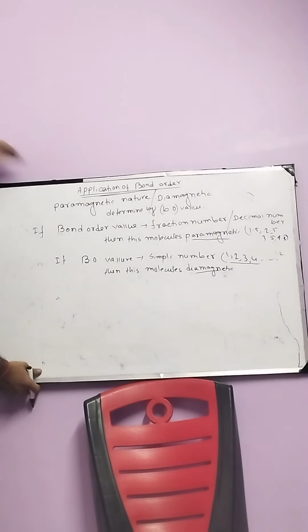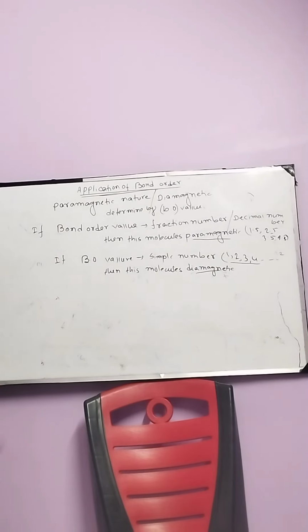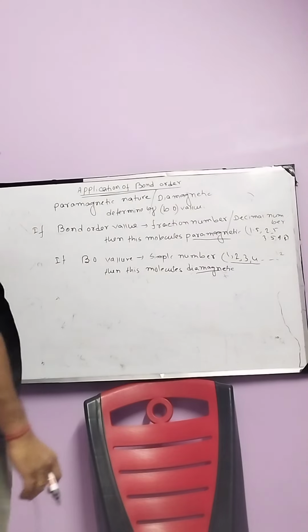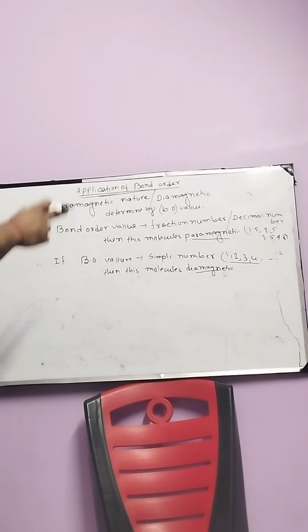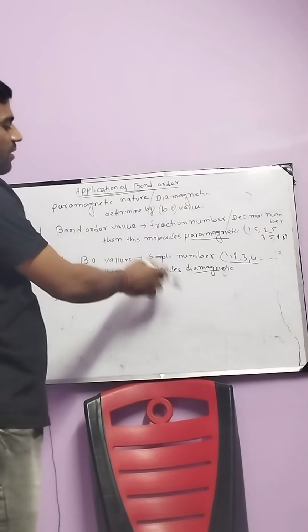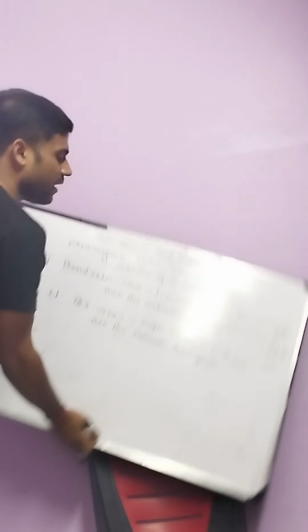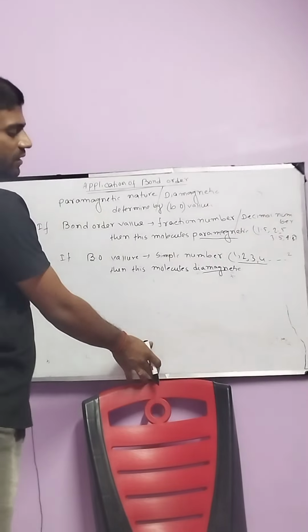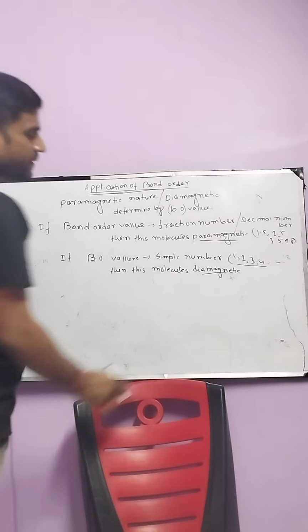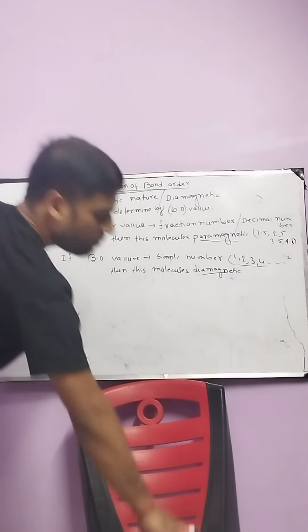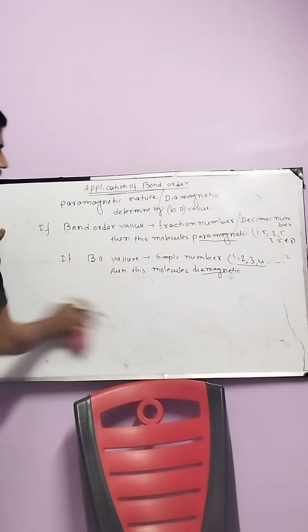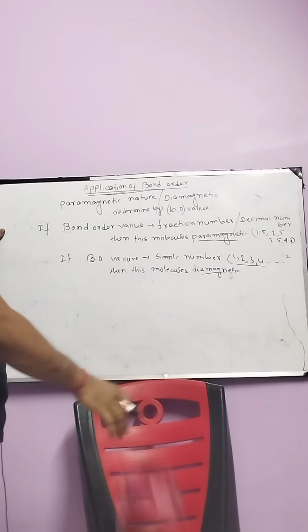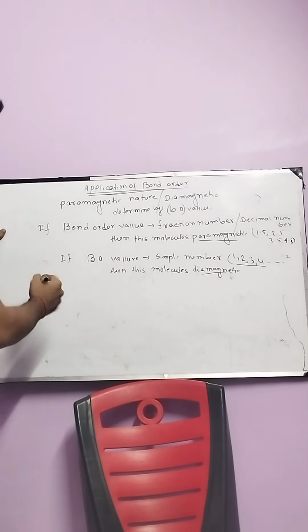But sometimes a problem occurs in a few elements, where fraction and simple numbers cannot define whether it is paramagnetic or diamagnetic, then this process is not valid. But the maximum number of molecules can also be determined as paramagnetic or diamagnetic by this method. So, as an example,